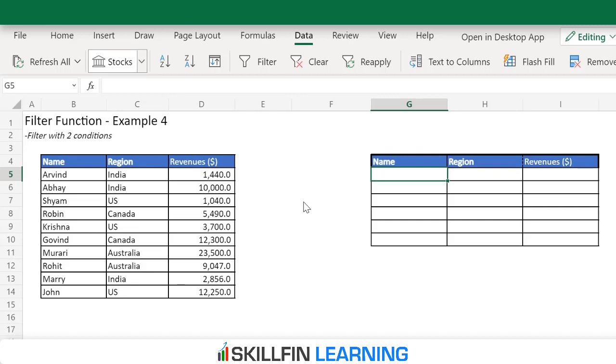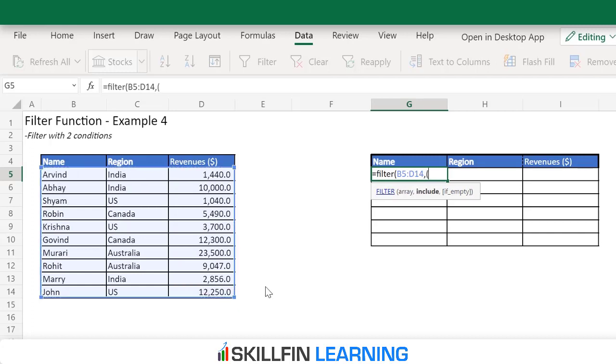If we want to use the OR criteria, we will type =FILTER, bracket open, select the range, comma. Now bracket open for the first condition: C5 to C14 is customer in US, in inverted commas. In the previous example, we used the asterisk sign because we wanted both conditions. In this case, we will use a plus sign because the condition is if in US or if the revenues are less than 5,000. So bracket open.